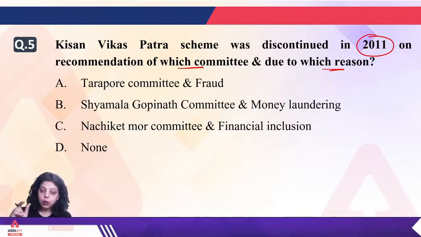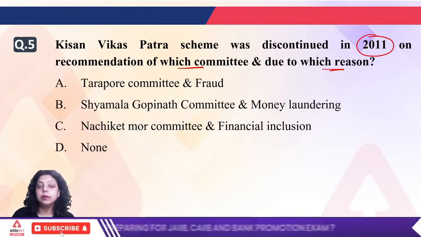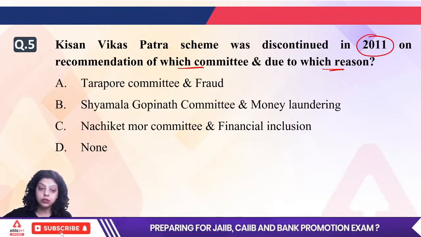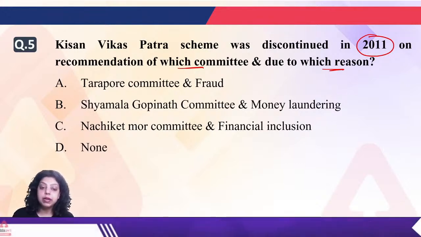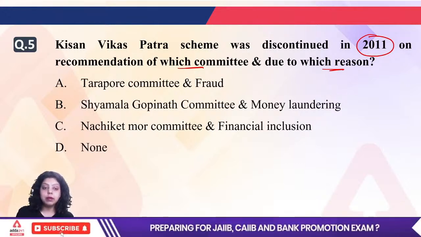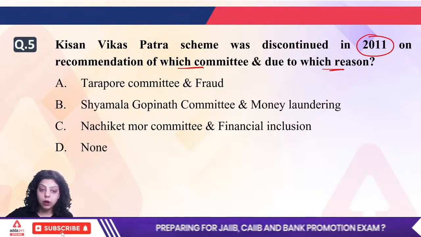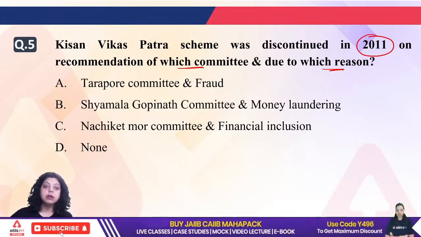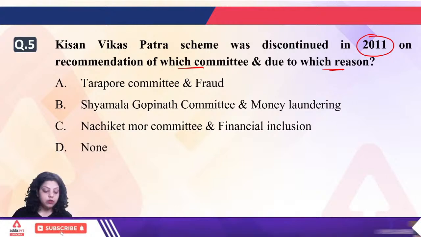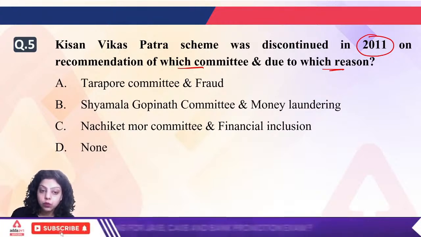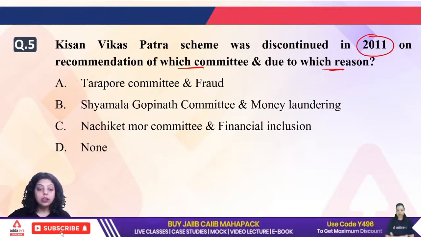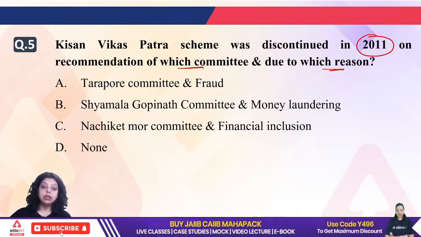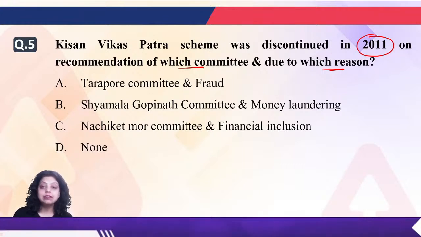Now, what will be the maturity period of Kisan Vikas Patra? It depends on the interest rate, because they are providing doubled money after the maturity. So the maturity period depends on the interest rate decided by the Ministry of Finance, that at which rate of interest your money will be doubled after how many years. Presently it is 124 months because the interest rate is 6.9%, so in 124 months your money will be doubled by the Kisan Vikas Patra, and that is the maturity period.